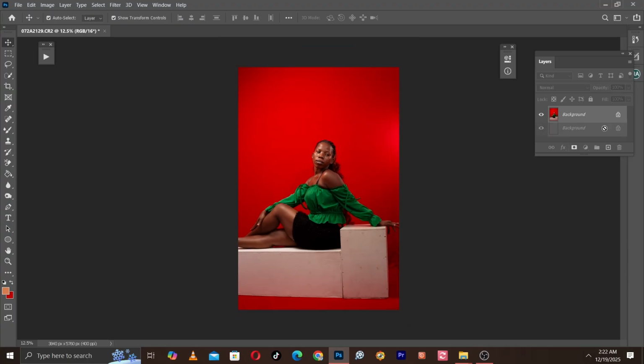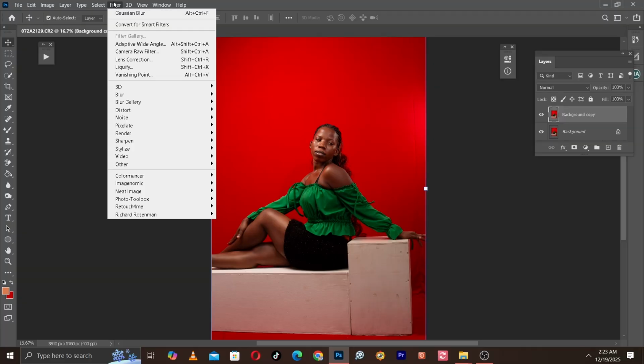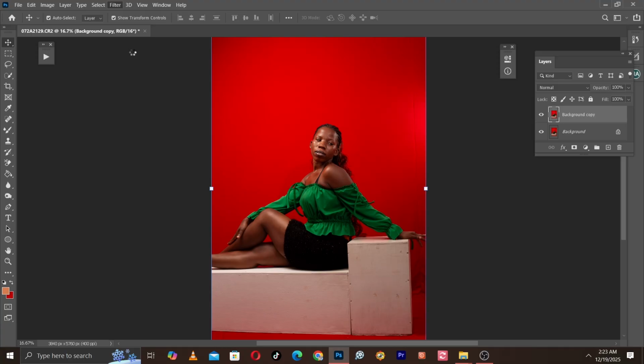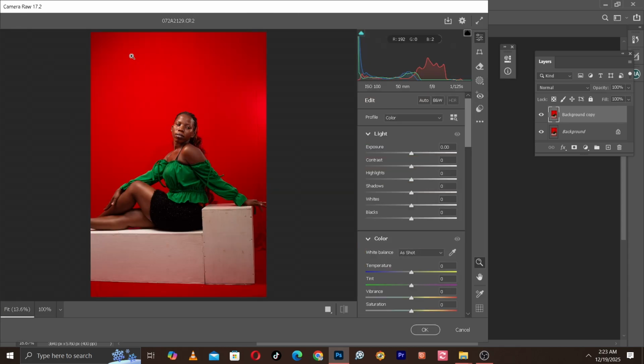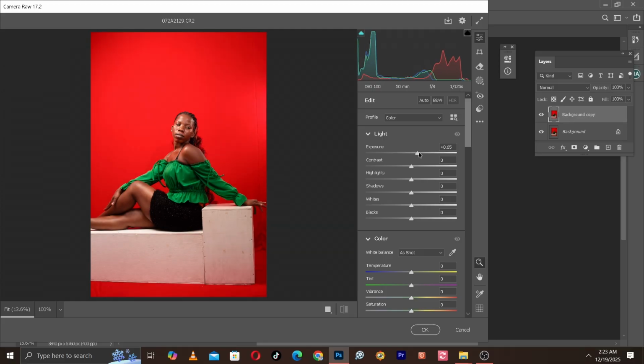So firstly I will make a copy layer, or I will duplicate the layer, as you can see. So I will come to filter and then camera raw filter. So it will open, and the first thing we are going to do is to increase the exposure around